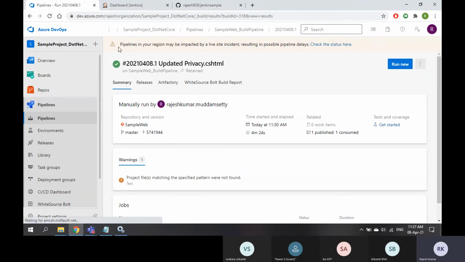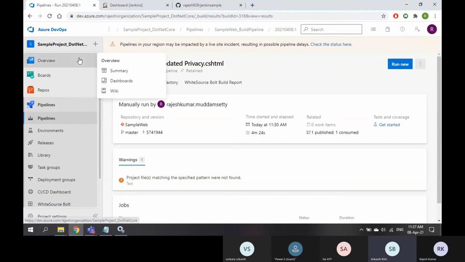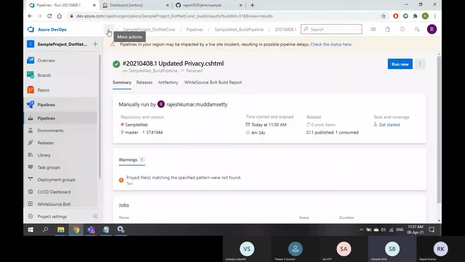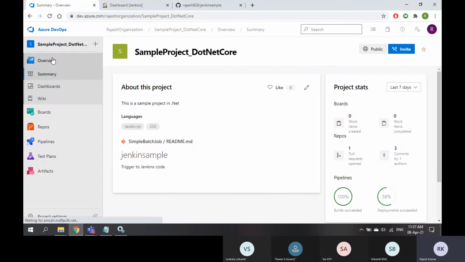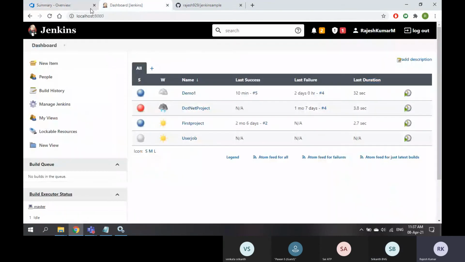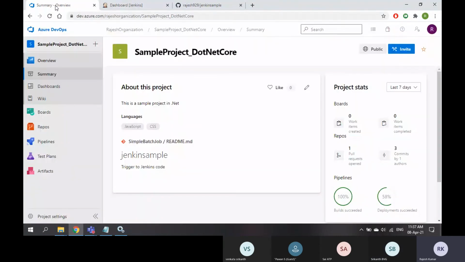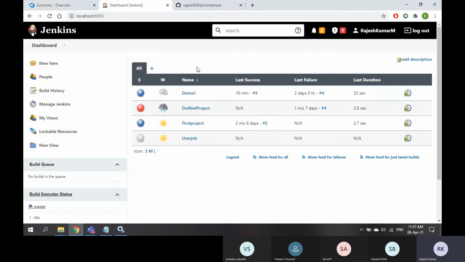This is how we configure agents in Jenkins and agents in Azure DevOps. Clear, right? So with this, I would like to say that we are done with Jenkins as well as the one left topic in Azure DevOps. We had not covered the custom agents topic while going through the pipelines, but luckily we covered it when we were working on Jenkins.